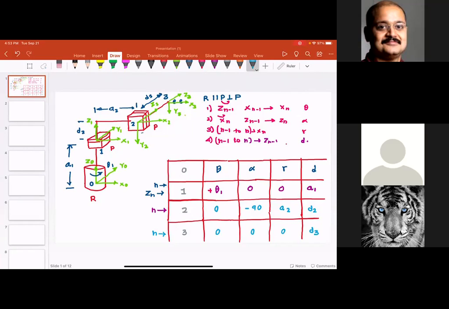Shouldn't it be minus theta? If it's minus theta, the rotation is about zn minus 1. Yeah. So now our n is equal to 1, and we are going about zn minus 1, which is z0. So curl your fingers in the direction of rotation, and the thumb is pointing towards z0. That's why I said it's positive. I mean, if the angle is already theta 1, to align it with x1, shouldn't it be minus theta 1? Shouldn't you rotate it backwards to align it?